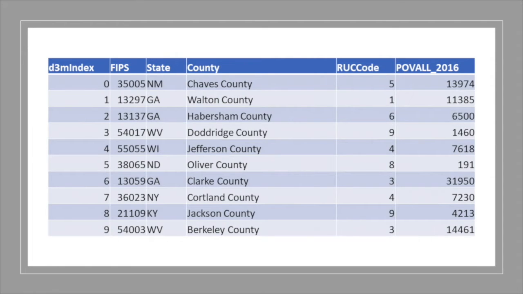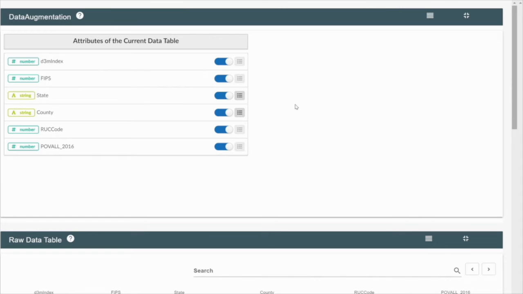This dataset was downloaded from the US Census Bureau and contains information about the number of residents under the poverty line in various counties around the United States. We'll load it in and try to add on additional attributes that can help in the analysis of what causes poverty. When the system first loads, the user is shown a list of columns that are found in the dataset,